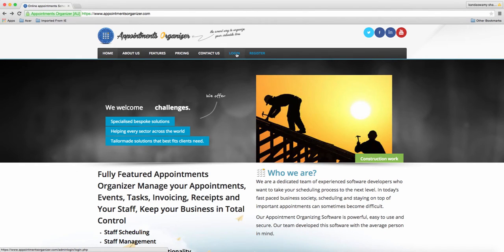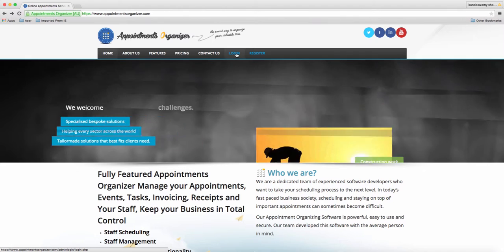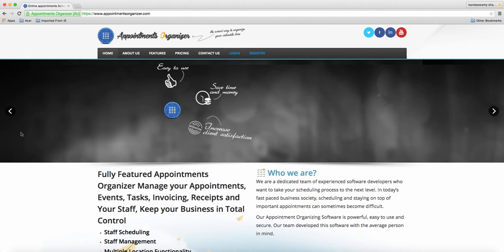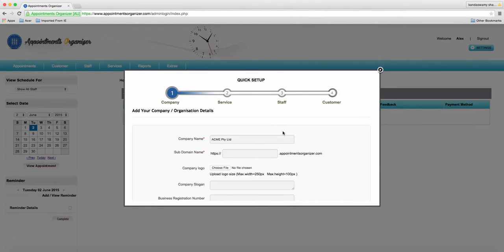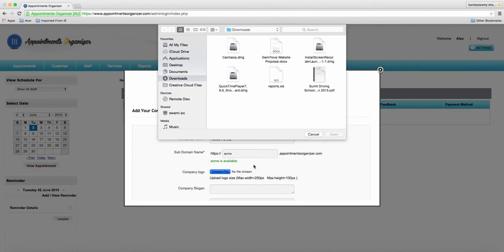Now let us log in into the Appointments Organizer. We have already registered and now we are logging in again. Once we log in, it comes the quick setup. The company name comes as ACME Pty Limited. Now we have to select a subdomain. Let us select ACME as a subdomain,